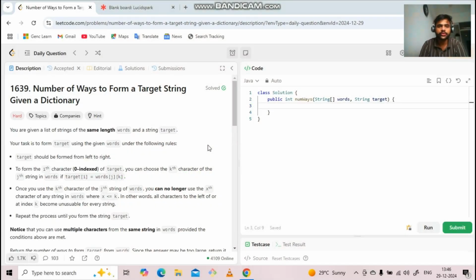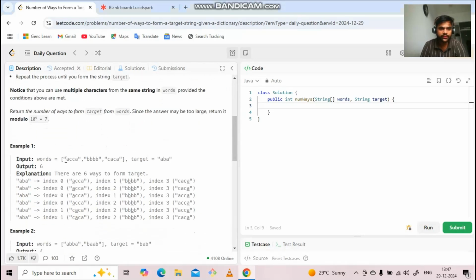Hello coders, today we are going to solve another Leetcode daily challenge and the question name is number of ways to form a target string given a dictionary. In this question, we have been given one array of strings and we have to form one target string using this array of strings, with one condition that if we have used one of the indexes from